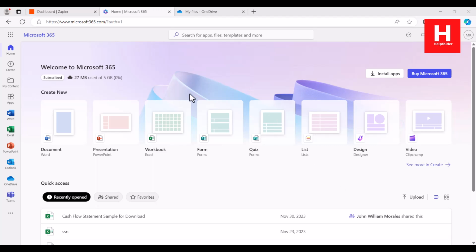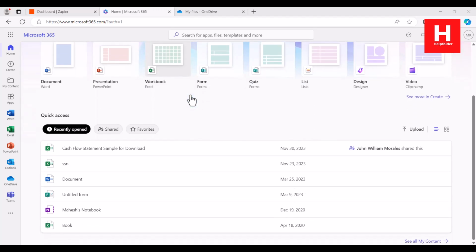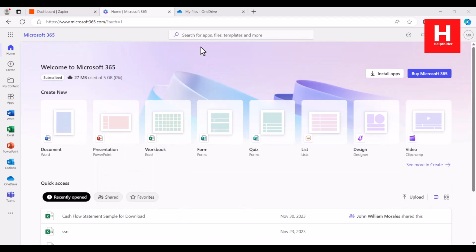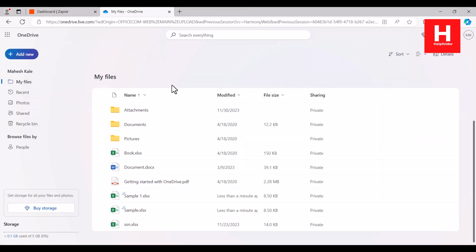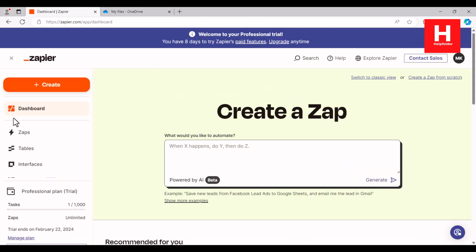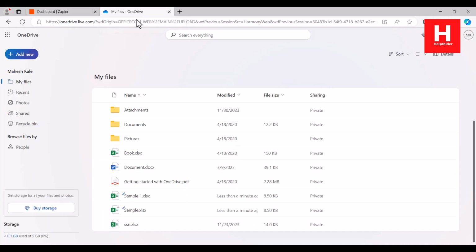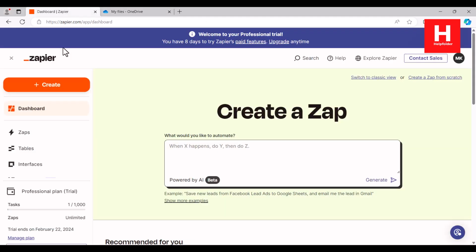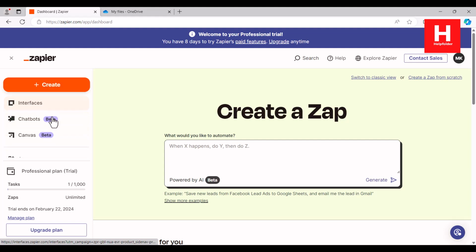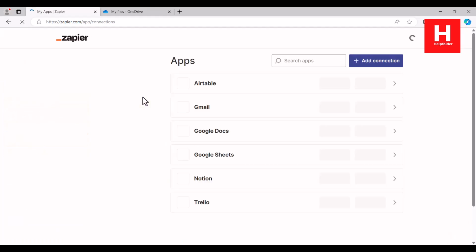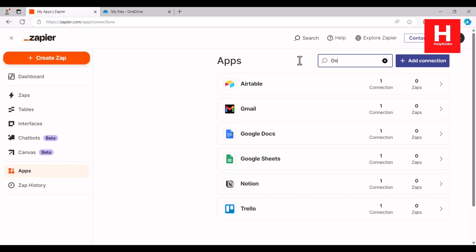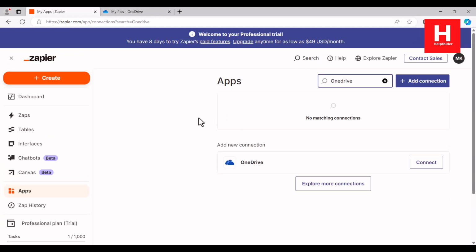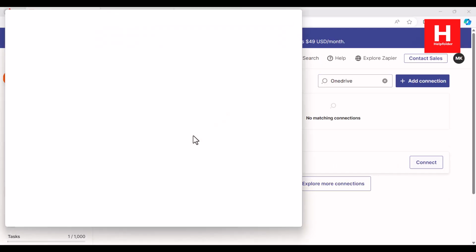Okay, so I have this Excel file that I have uploaded online, and I'm accessing that from OneDrive, right? So I can use OneDrive integration here. Alternatively, I can also use Excel Online, etc. But in case of OneDrive, you can see this sample one. So what I will do is I will go to apps, and within apps I will check for OneDrive, right? And then here you can see you can connect to that,